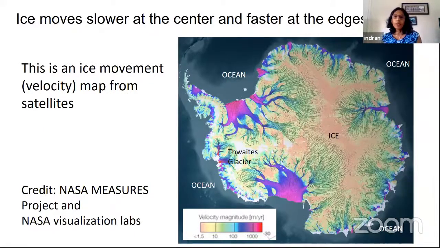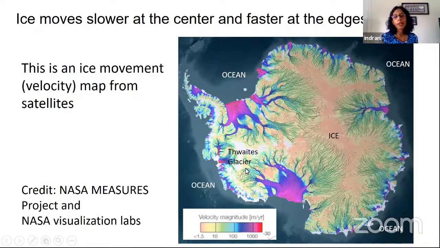And I said that the ice moves. Every bit of it is flowing at different speeds. This figure shows actual data from NASA MEaSUREs; you can Google it and you'll find this map. Here is the velocity scale, and the reddish to yellow are slow flowing glaciers, regions that are flowing really slowly. And then the pink and red are ice that is moving fast. Towards the coast, and this is the ocean surrounding Antarctica, the ice starts moving really fast.